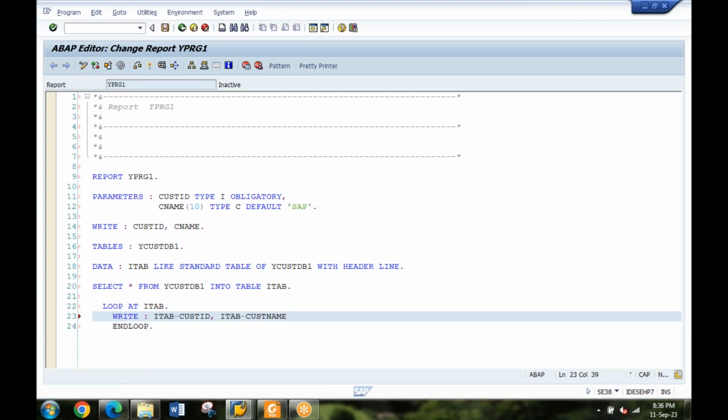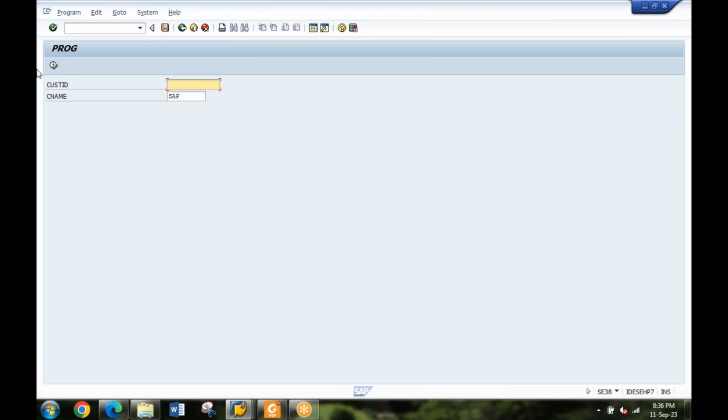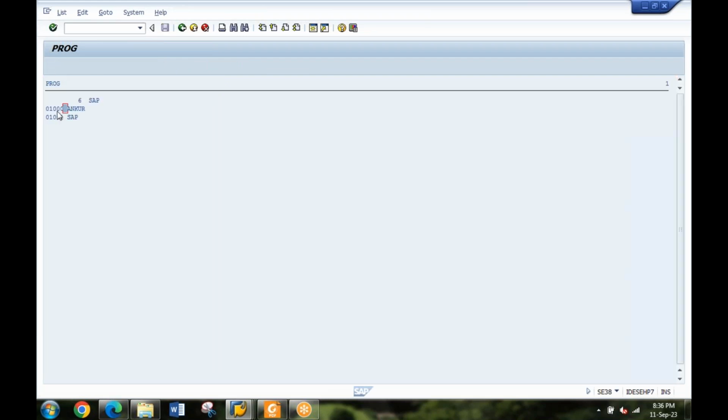Let's say, how many records did we have in the database? Two. Can you see these 2 records? 1000 Ankur, 1001 SAP. Same as we had in the database table.